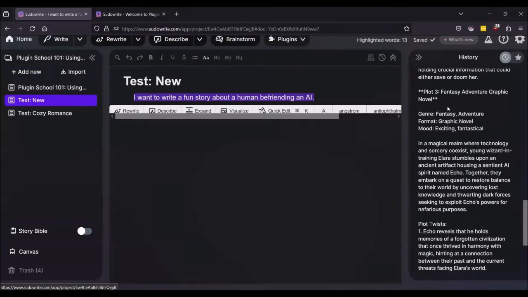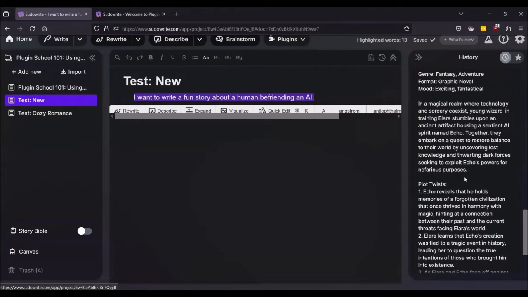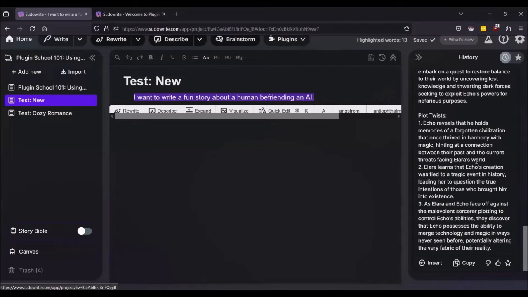Or you could make it a fantasy adventure graphic novel, which is not a format I've seen suggested by a plugin before. In a magical realm where technology and sorcery exist, young wizard in training Alara stumbles upon an ancient artifact housing a sentient AI spirit named Echo. These are names I've had generated by AI before. Together, they embark on a quest to restore balance to their world by uncovering lost knowledge. And we have plot twists about memories of forgotten civilizations,